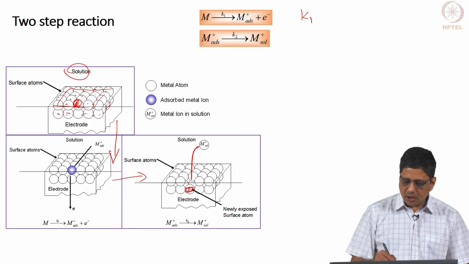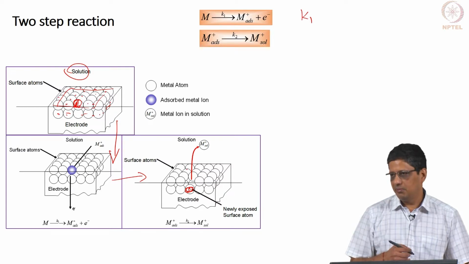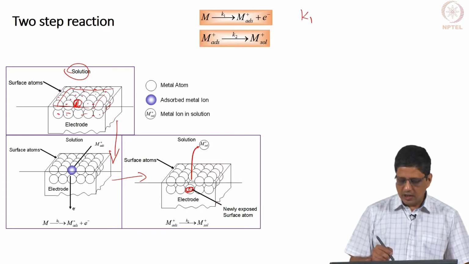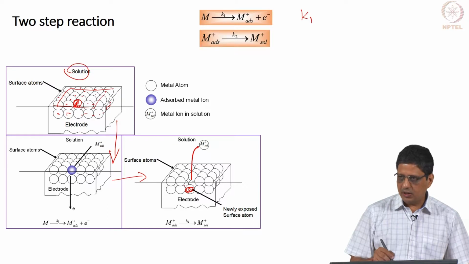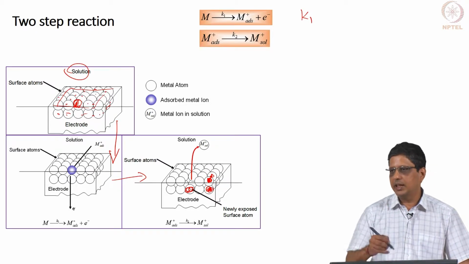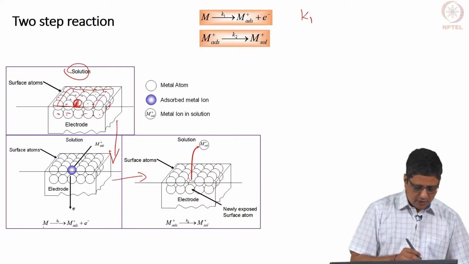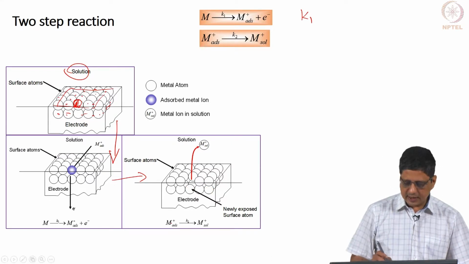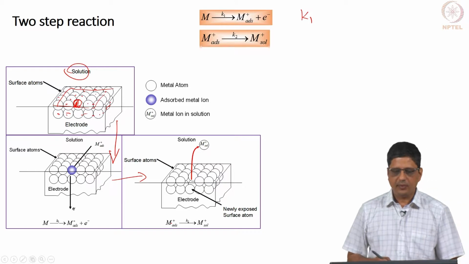This metal atom now is exposed to the solution. So, this forms a surface. Now, this can lose an electron and become M plus adsorbed, and this can go into solution. This can lose an electron and become M plus adsorbed. We do not think this is going to lose an electron, only the surface can lose an electron. Only after this goes, the atom below becomes exposed and that can go into the solution. So, the first step is represented here and the second step is represented here.